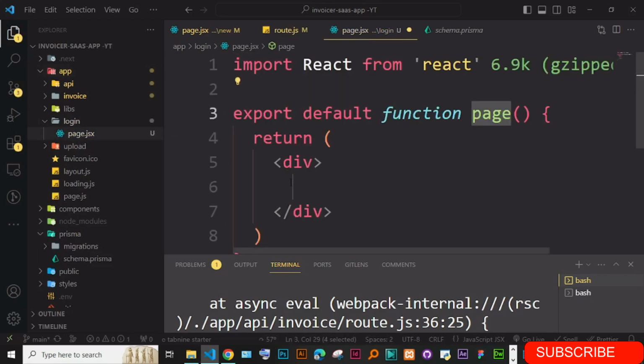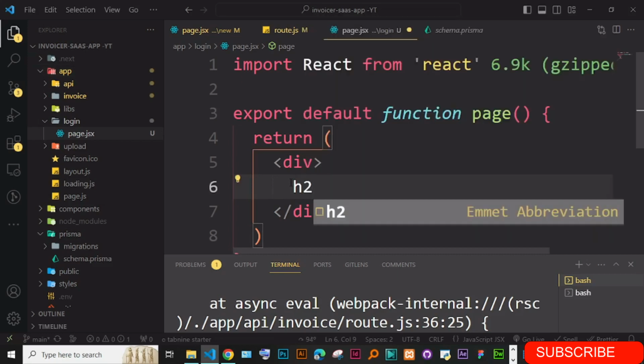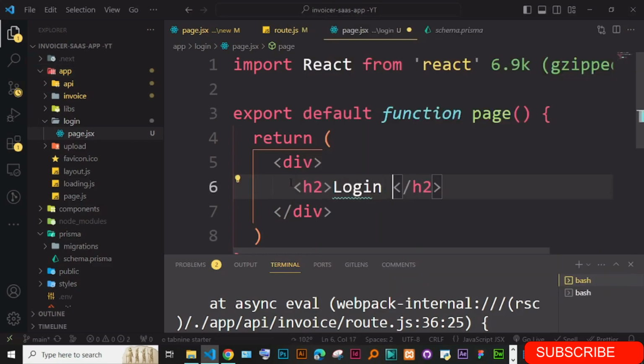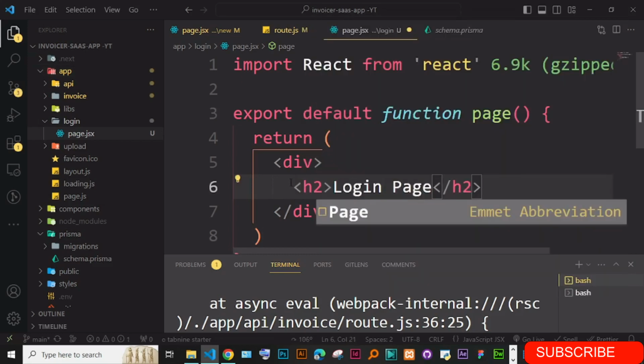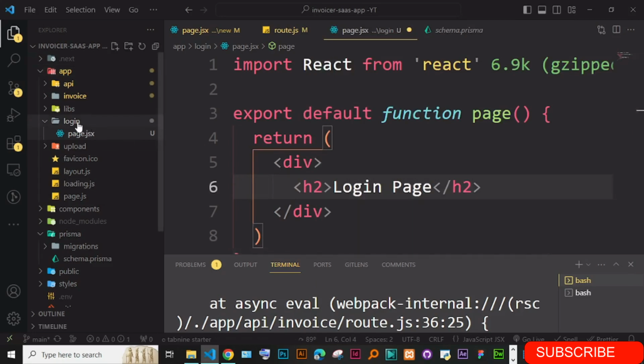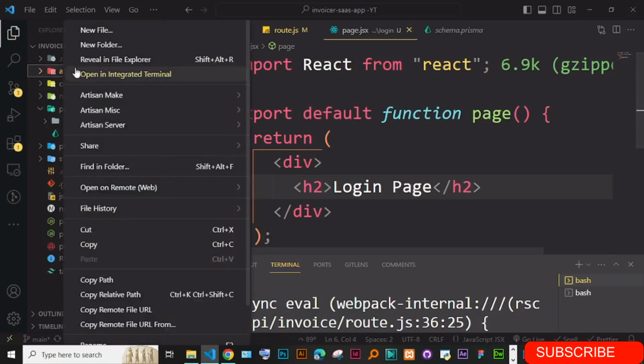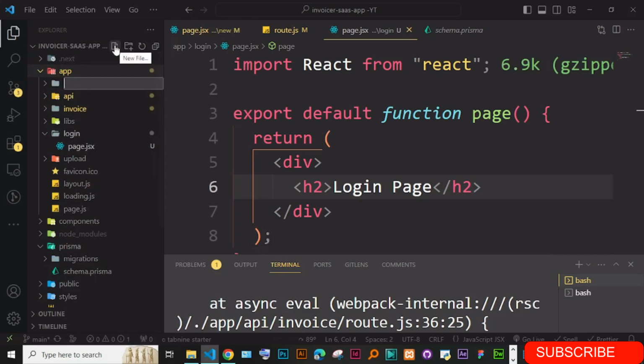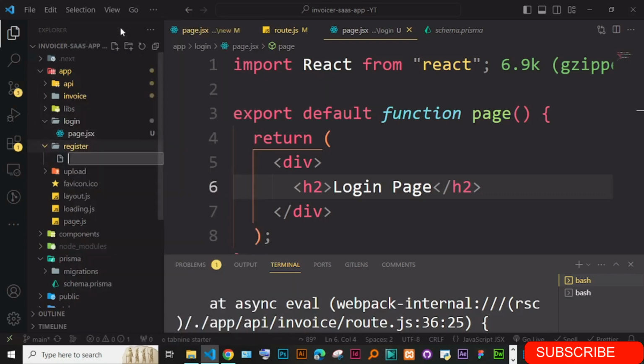So this one is the h2 login page. Then I'm going to do the same thing in the app: create another one for register, and inside it create the page.jsx,